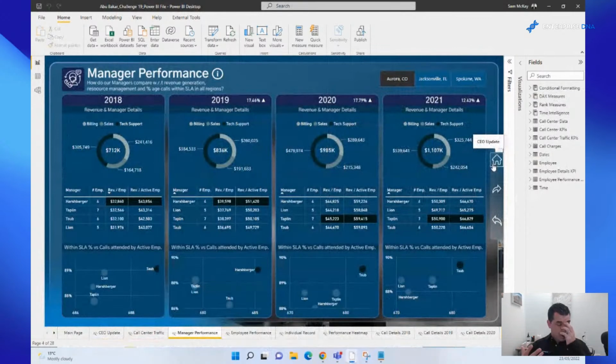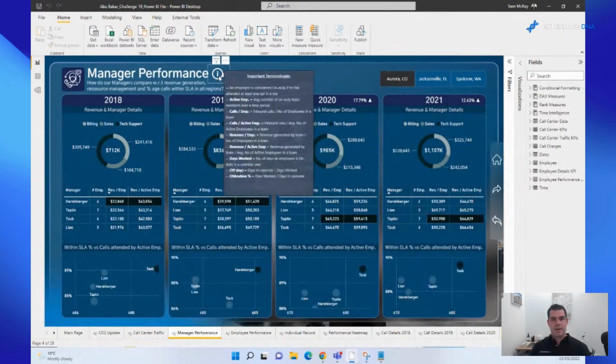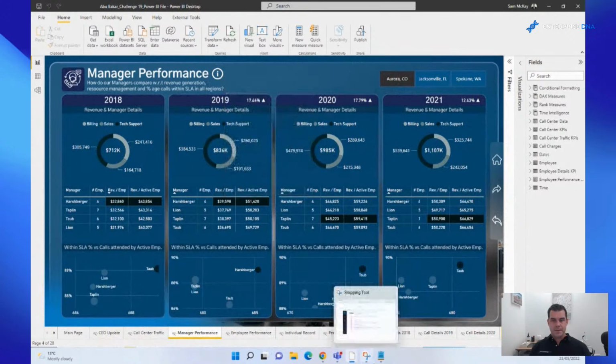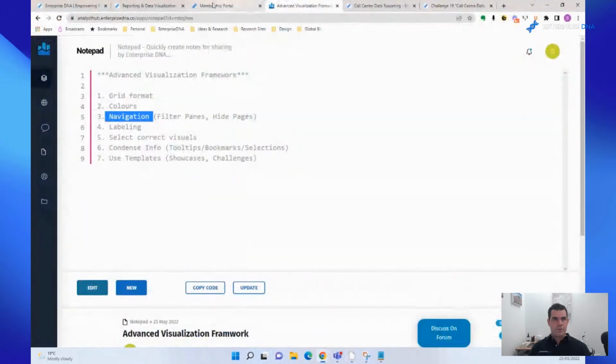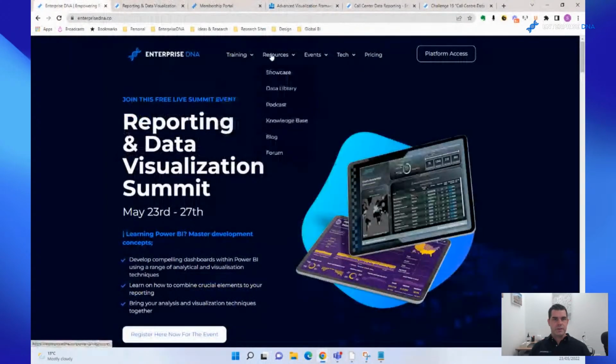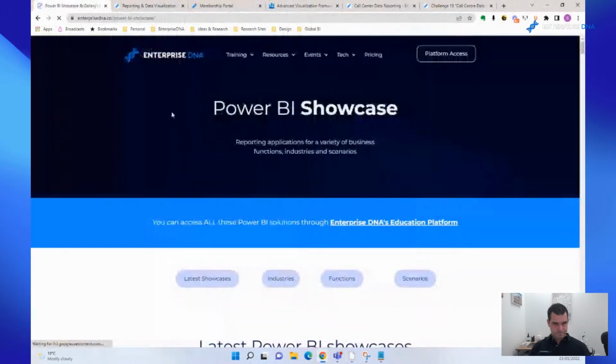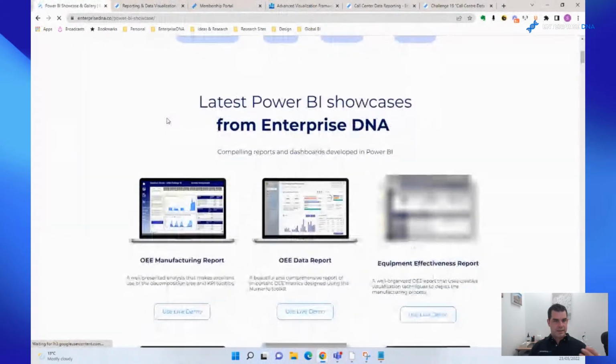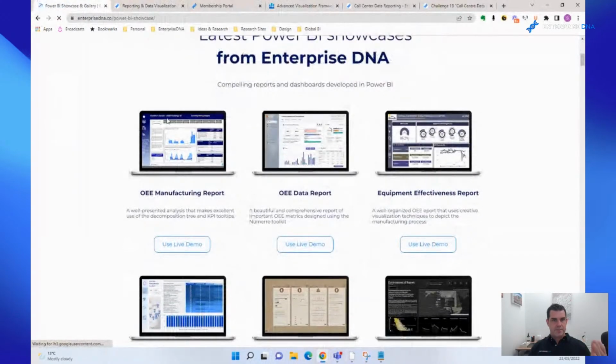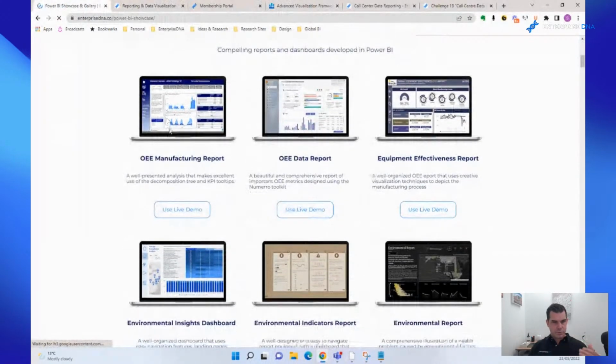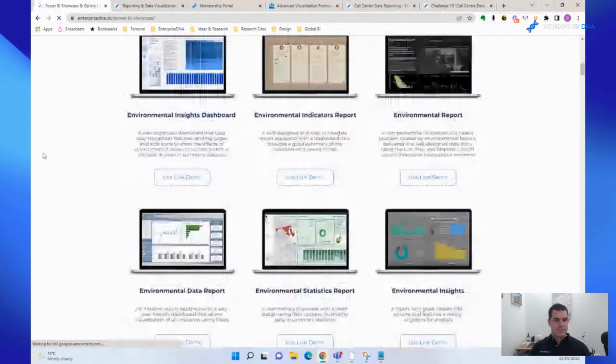We're in a web-based application now when we are doing this. Okay, there is a ton of these examples on the Enterprise DNA Showcase. Okay, so if you come to the Enterprise DNA homepage and you go to Showcase, you will see by clicking through a lot of these reports here a similar sort of experience. All the quality reports have a similar navigation experience. Okay, and there's just many different ways.